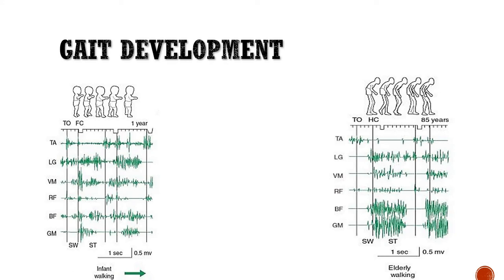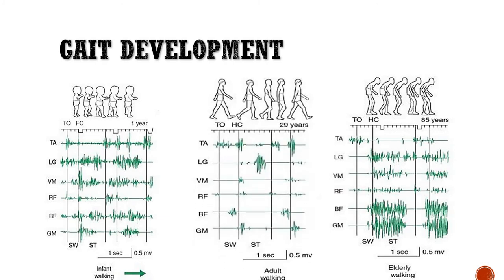Likewise with the infant, there is a large amount of muscle activity here. There's no real pattern, you can't see a trend in what's going on. However, if we were to bring in an example from a 29-year-old, you can start to see individual patterns of activity. So we see the tibialis anterior is recruited for a brief period between toe off and heel contact of,